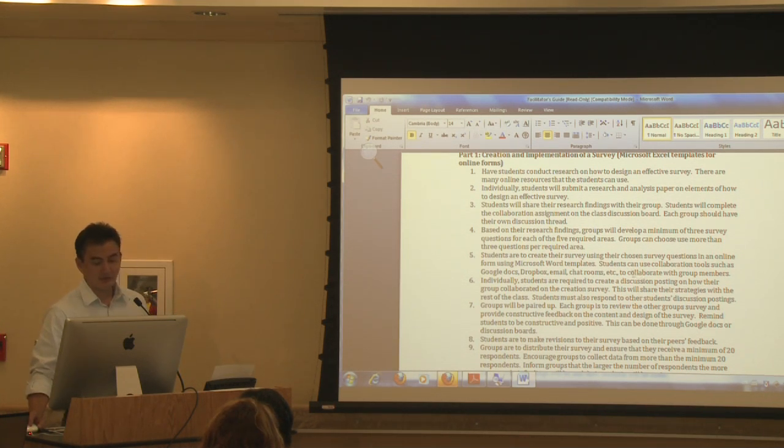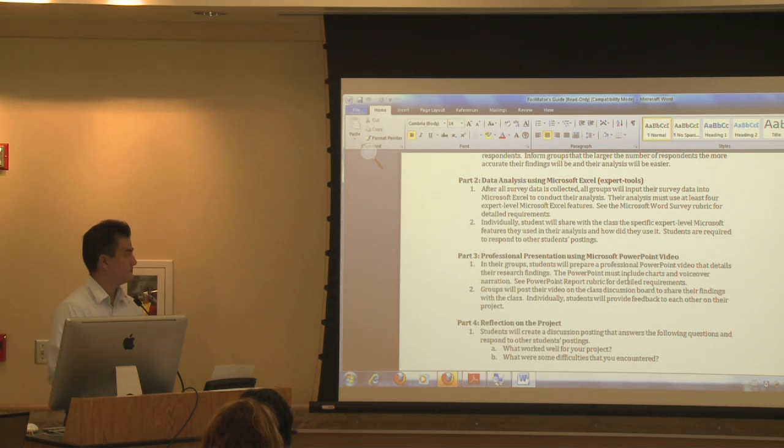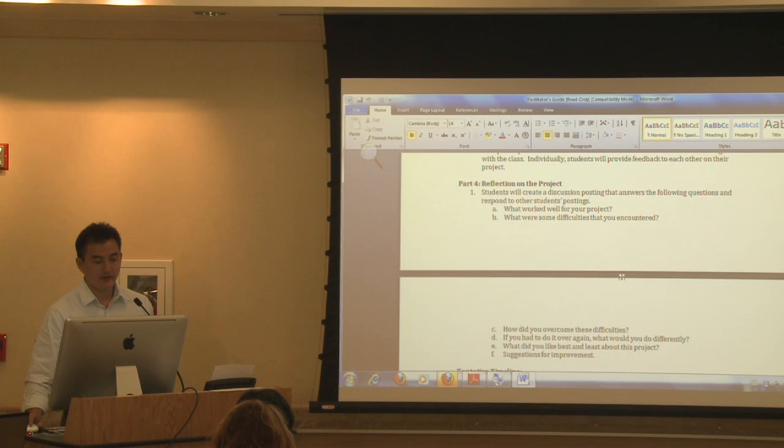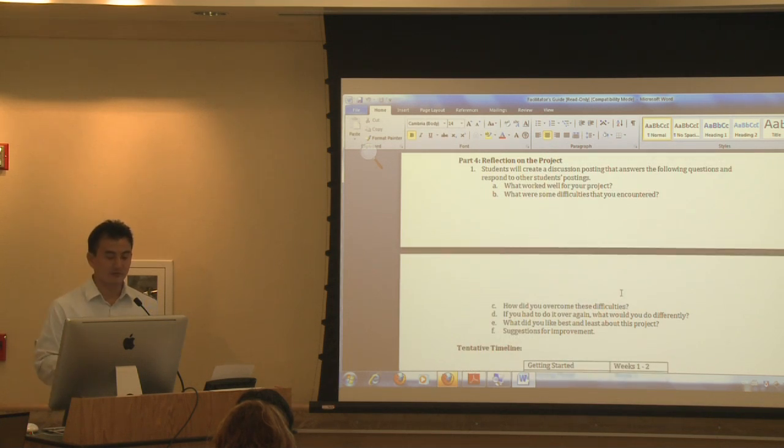Then they're asked to implement the survey and get 20 responses from their target market, whichever age group they're looking at. Then they compile those using Microsoft Excel, put it into a PowerPoint video, and present that video to the course. Throughout the process, in terms of how they implemented the survey and what their feedback was, there's discussion and feedback at multiple stages in each part. In the last part, they will reflect on what worked well and what they would do differently,